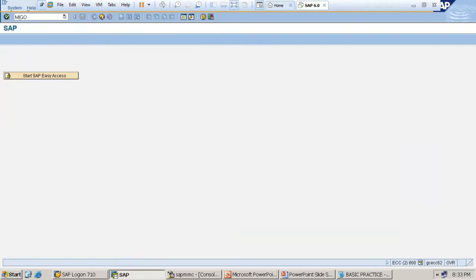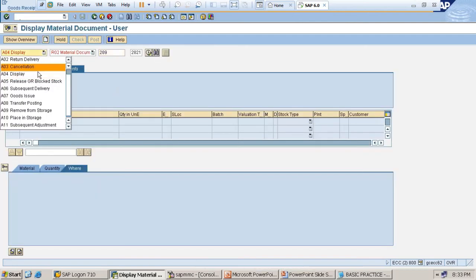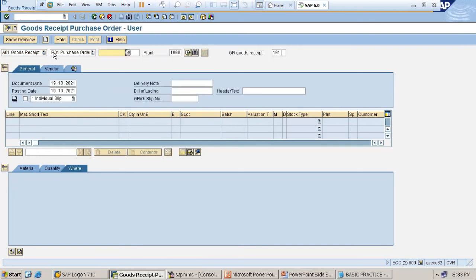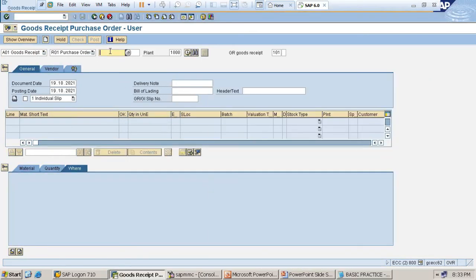We are supposed to receive the goods. Enter. To receive the goods, MIGO. Then here, option goods receipt with respect to what? Purchase order. So what's my PO number? 4500. Enter.